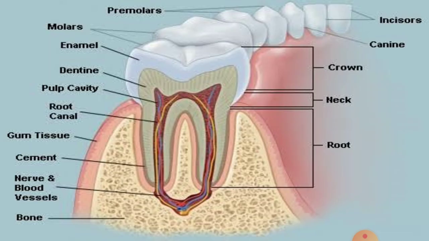Here in this picture you can also see that the parts of a tooth are indicated properly. The upper portion, the white, hard portion of a tooth that we can see when we open our mouth, is called the crown. The portion which remains inside the gum, which we cannot see, is called the root, and the region between the crown and the root is called the neck. If we look inside the tooth, we can see three prominent layers called enamel, dentine, and pulp.